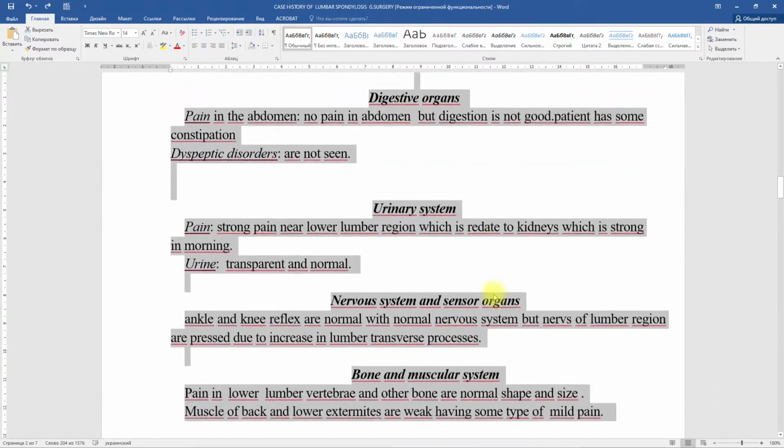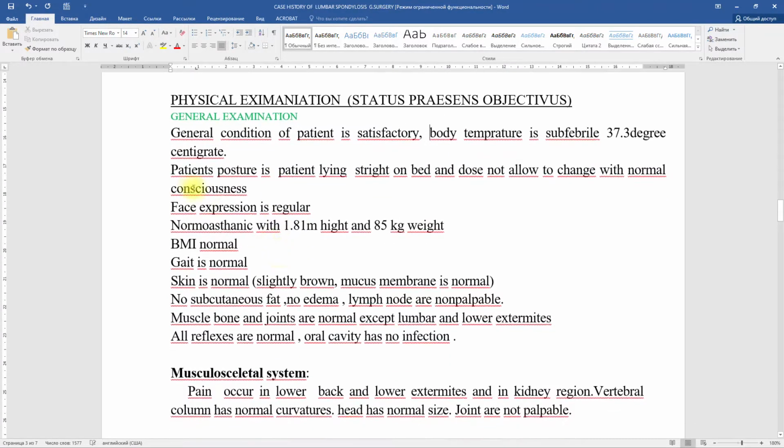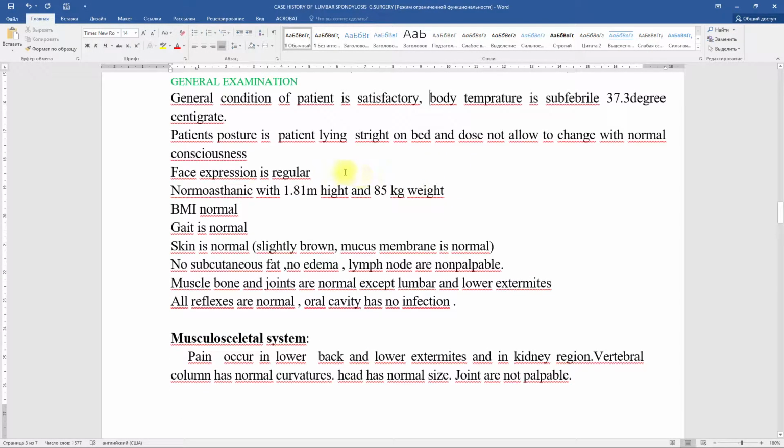Okay, let's leave it here for a second. General conditions satisfied, yes, good. Body temperature, yes. Patient is lying straight, yes. The patient posture described, very good. Face expression,